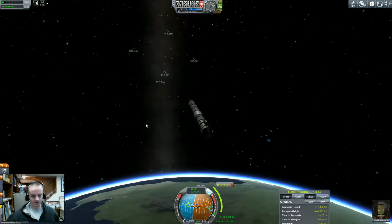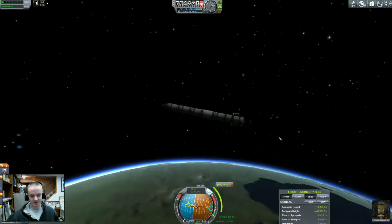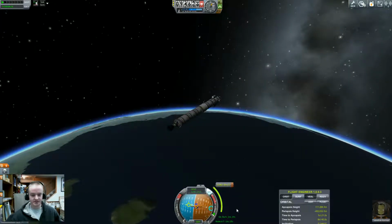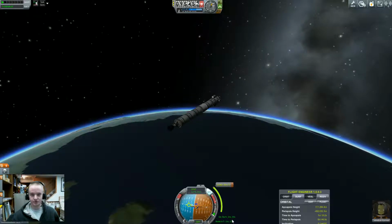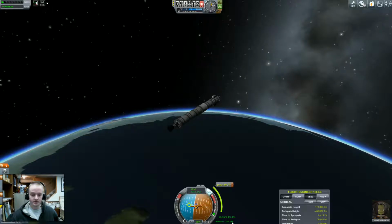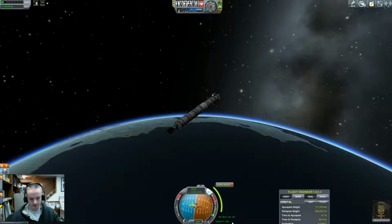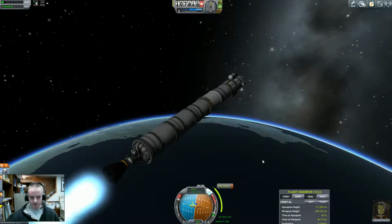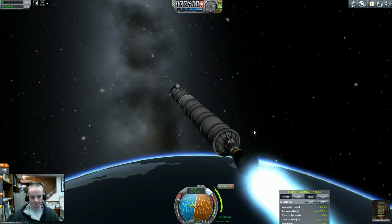And meanwhile, while we wait, we can take in the view. Now, the estimated burn is at 1:14, and remember we want to do the burn when the node, this time, is approximately half. Alright, I'm just going to go ahead and start now. So we have this engine going,